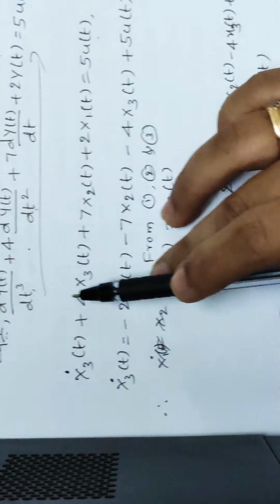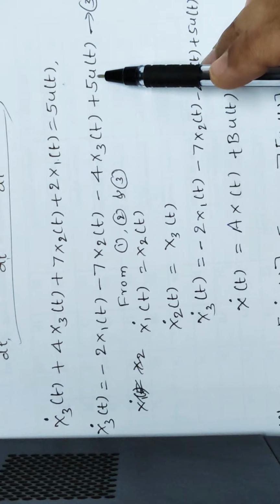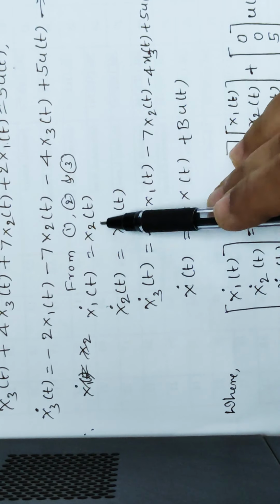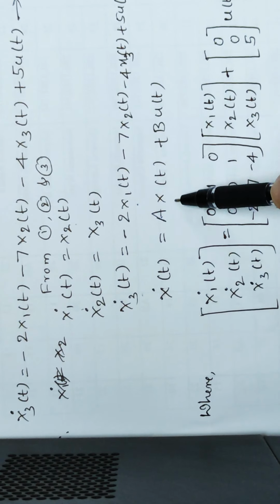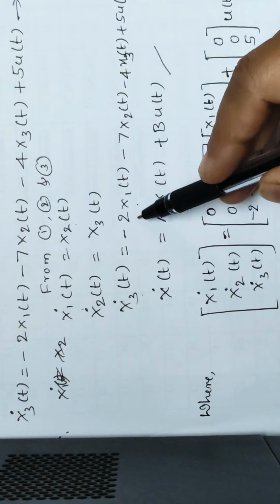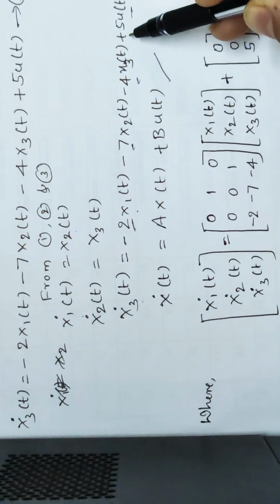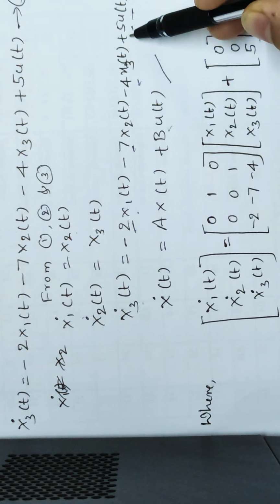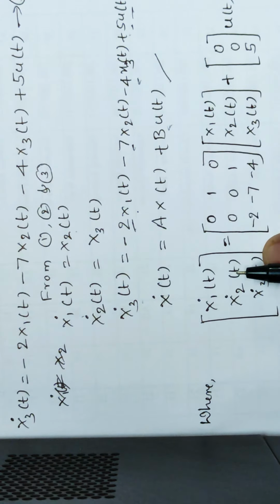So write x3 dot from the given equation. x3 dot is equal to, you will get this equation. So I'll combine all these, x1 dot, x2 dot, x3 dot. Therefore, x dot is equal to ax plus bu. This is our state equation, right? So these are the A values. Okay. Plus the u coefficient is this one, that is the B values, right? Therefore, write this state equation in matrix form.